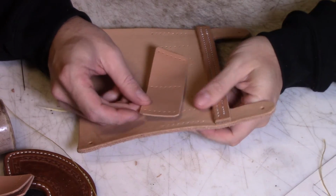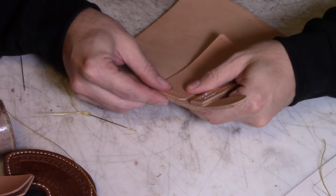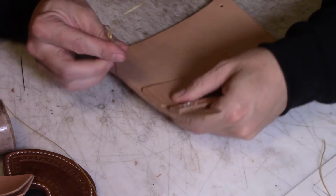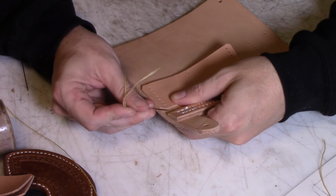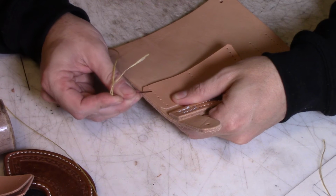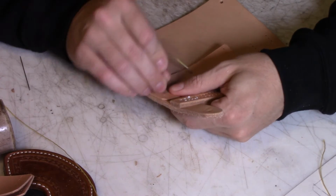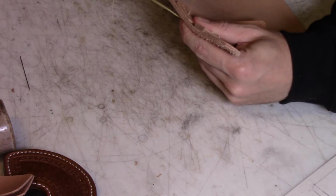Alright, now my usual method for stitching cartridge loops. Instead of saddle stitching them, I do something very similar in the long run. I'm going to start in a hole in the middle, work out to the end, all the way back up to the other side, then back down to that hole in the middle again. And that locks it all in and holds it really well, and it looks like a saddle stitch when you're done,